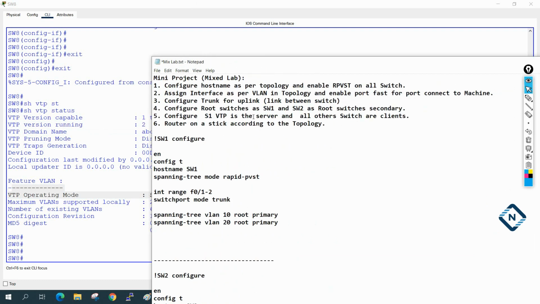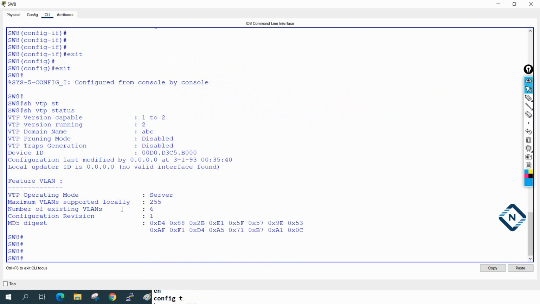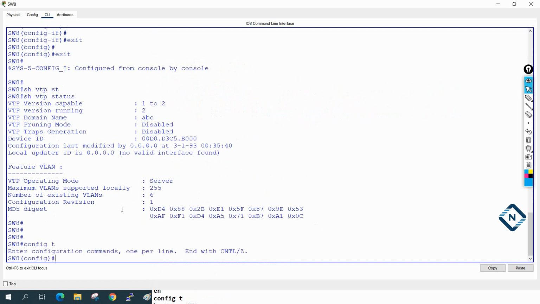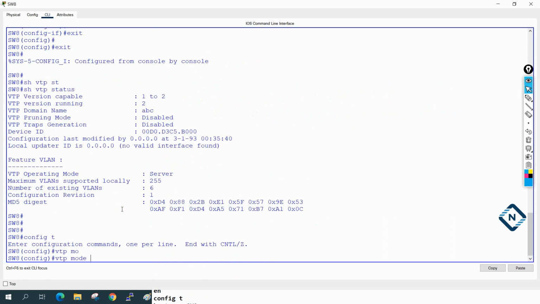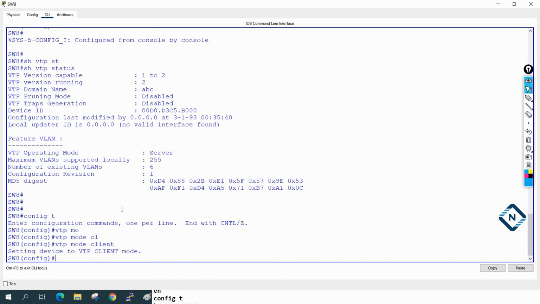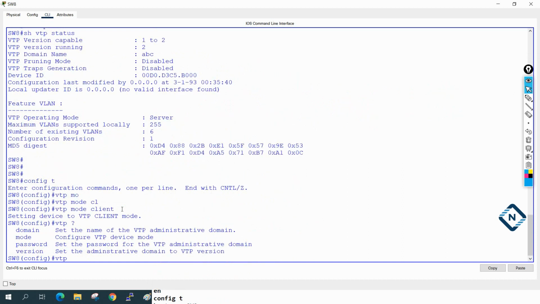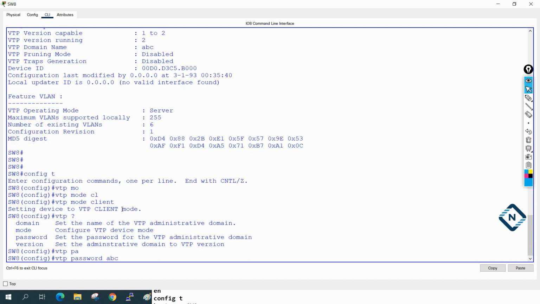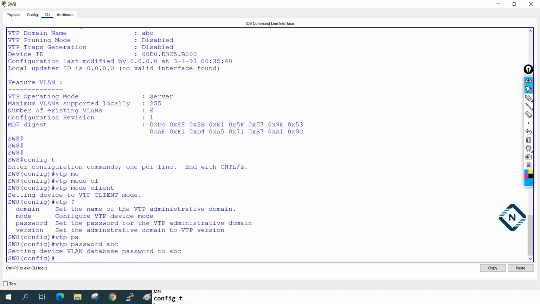They told VTP server for switch 1 only. So why is this one a server? Let's change. Let me go into the configuration. I will write here VTP mode client. And what else do we need? VTP password. I think the password before we gave ABC.